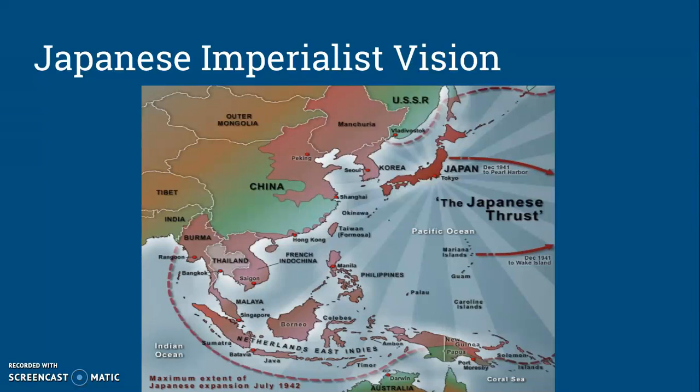This Japanese thrust, as you can see, it says it on the right side of the visual. This was their idea of continuing to push out farther into the Pacific Ocean, heading towards the U.S., which kind of put the U.S. in a bit of an awkward state because they saw it as an act of aggression as the Japanese were moving closer to U.S. territory. So they wanted to put a halt to this.